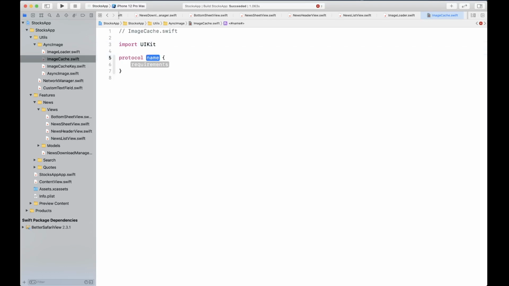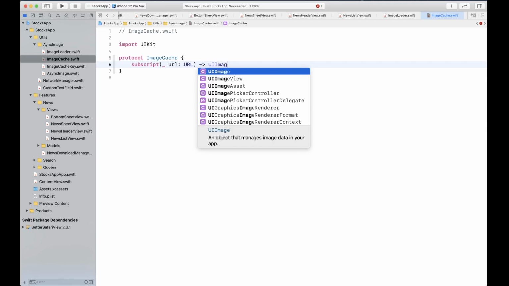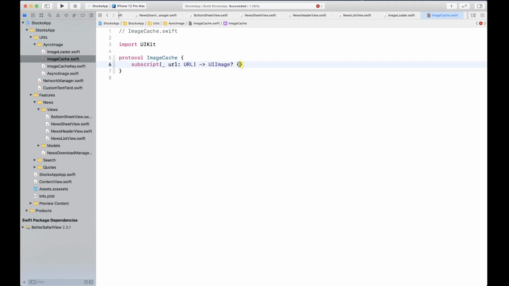Okay, so I'm gonna import from UIKit. First, let's create a protocol ImageCache. We're gonna create a subscript over URL, and this is going to return an optional UIImage, and this is gettable and settable. Then we're gonna create a temporary image cache.